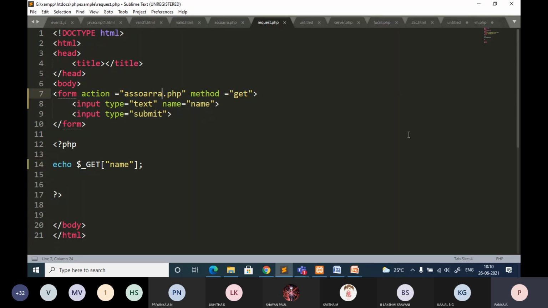When you are creating this type of program, you can create a separate HTML form page, and there you can specify the PHP file. Here I am directly creating the PHP, so I have to give the same name. We'll do one program separately, creating an HTML file and also the PHP part. Here I'm embedding both in a single file, request.php.